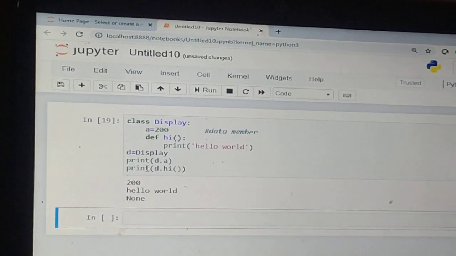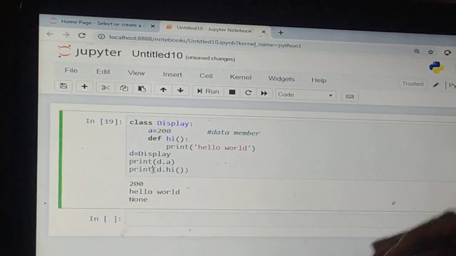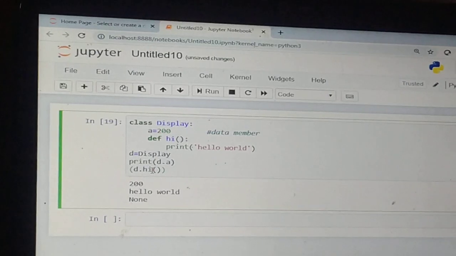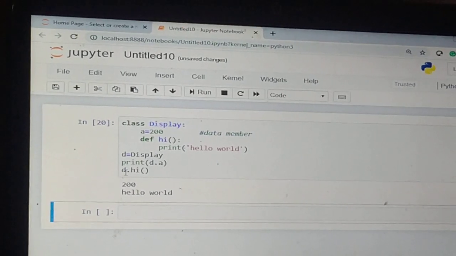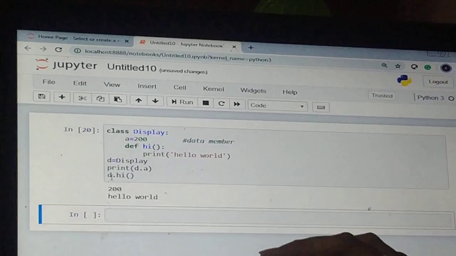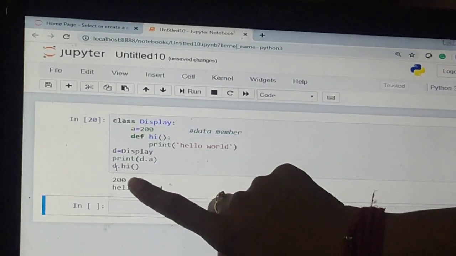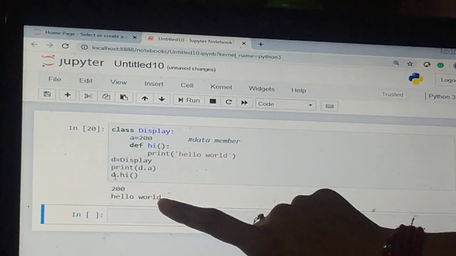When you run this, you see 200 and hello world, and because I have written this with print, it is also printing None. If I remove the print, it is going to print hello only, because this function is returning nothing right now. That's why it gave None there. So this is how you access the data member of the class, and this is how you access the function of the class.